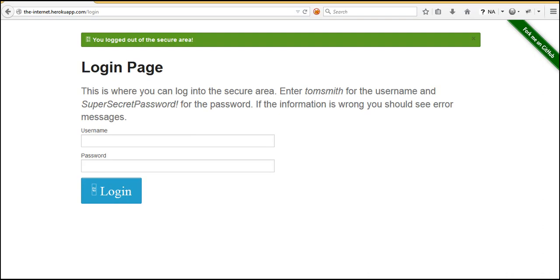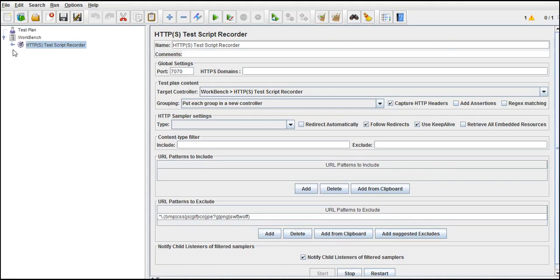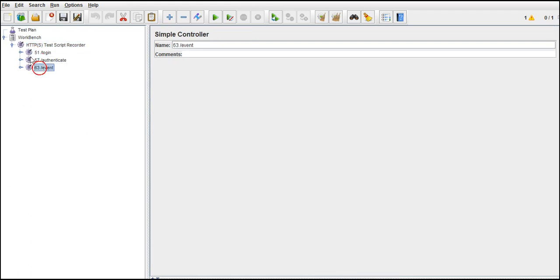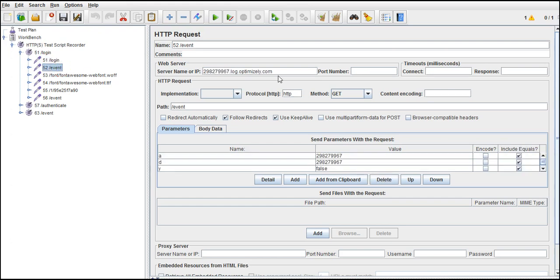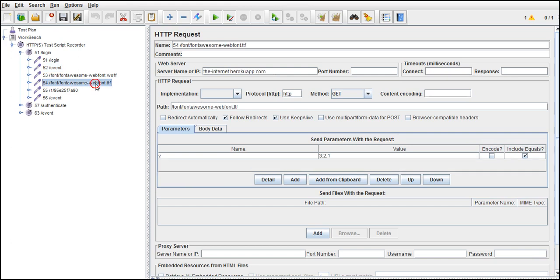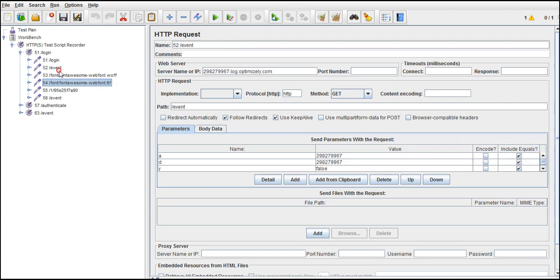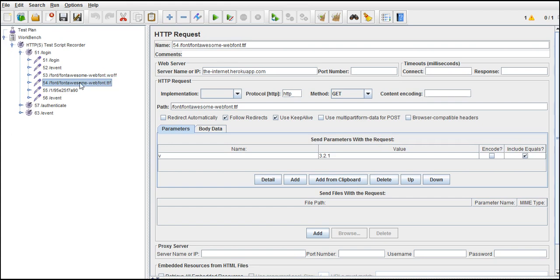Now let's come back and open our test script recorder. There are three groups recorded. One is the login page, and this is our URL event. You should be able to know which is not required for you to keep and run. These got recorded but are not required for us. These are events navigating to some other URL, and these are some font sizes.